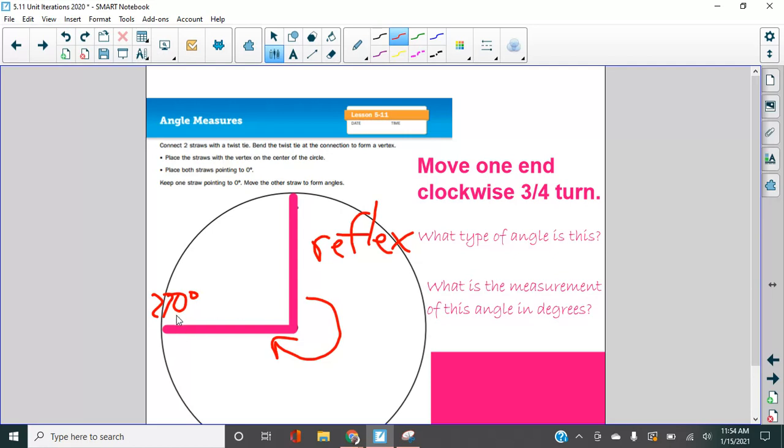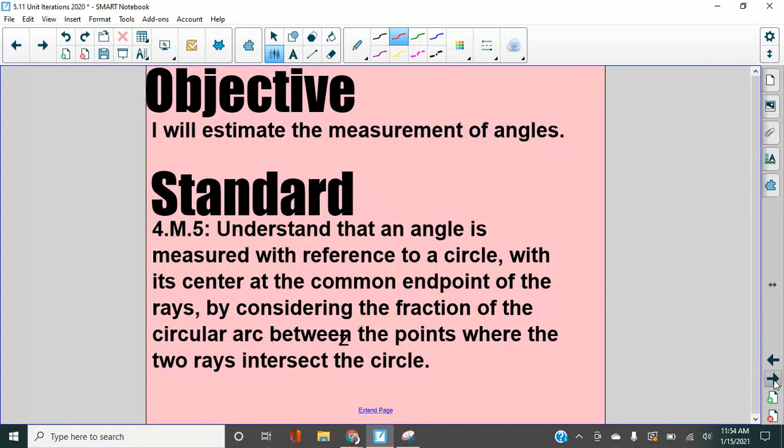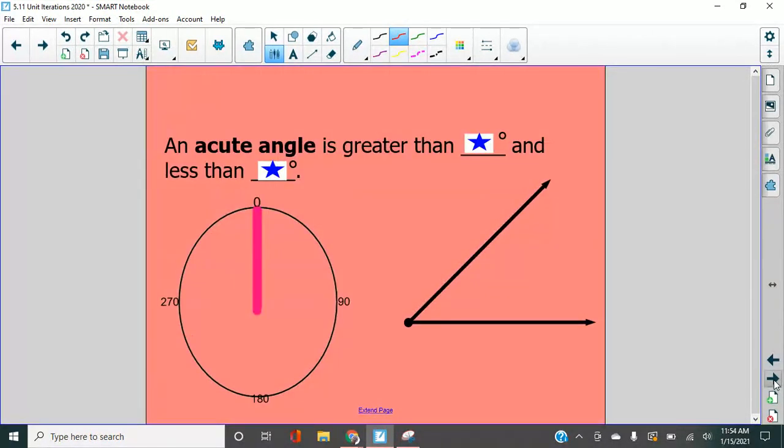So if we have more than 180 degrees, we're measuring the turn around the outside. So sometimes you have to look and see where the arrow is. Okay, that is a reflex angle. Okay, we're estimating measurements of angles. Now, let's get into thinking about